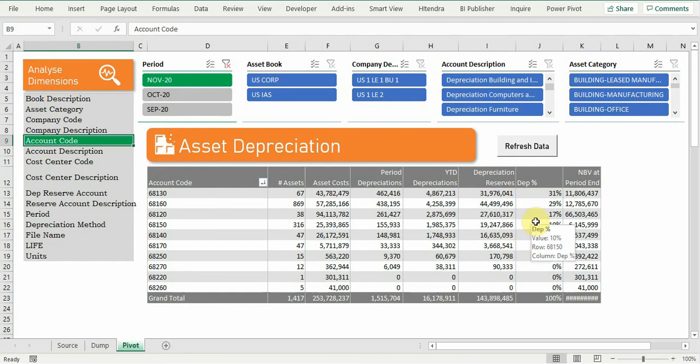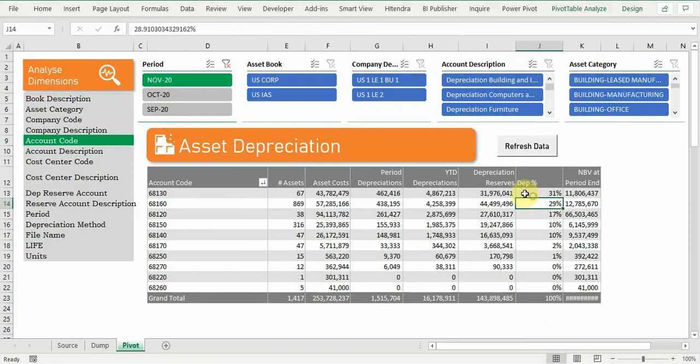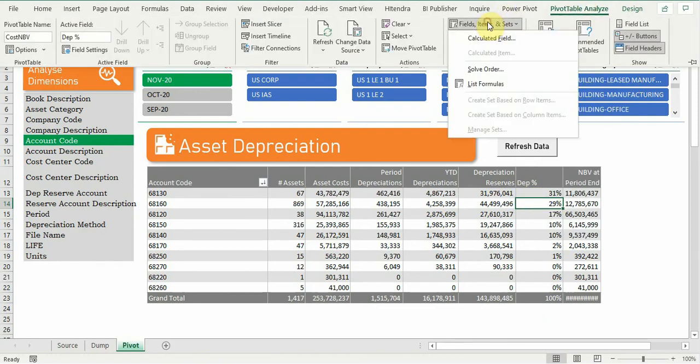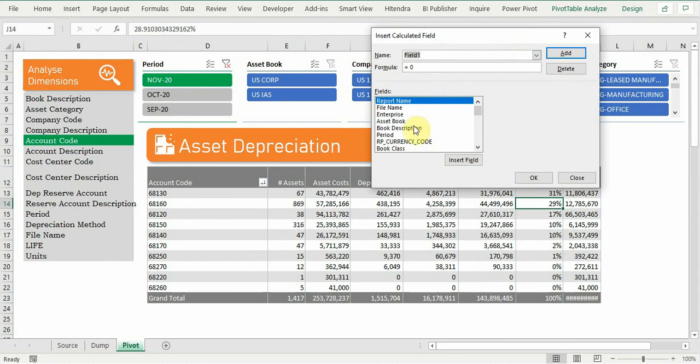Similarly, let's add one more column, that's a calculated column. If I want to see what is the value retired percent, so I need to go to this pivot table and add a calculated column. So this figure is depreciation reserve divided by cost. So this is value retired.